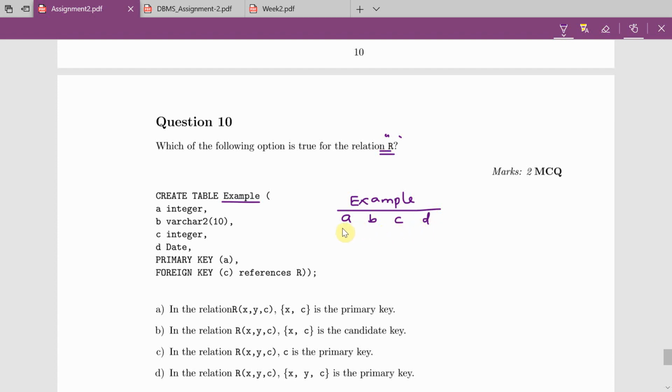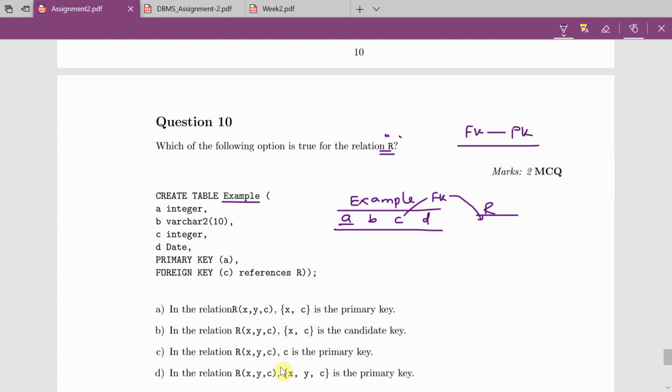A is the primary key, and C is a foreign key that references the R table. Keep in mind friends, a foreign key should always refer to a primary key. Now we have to think about what is true for R.